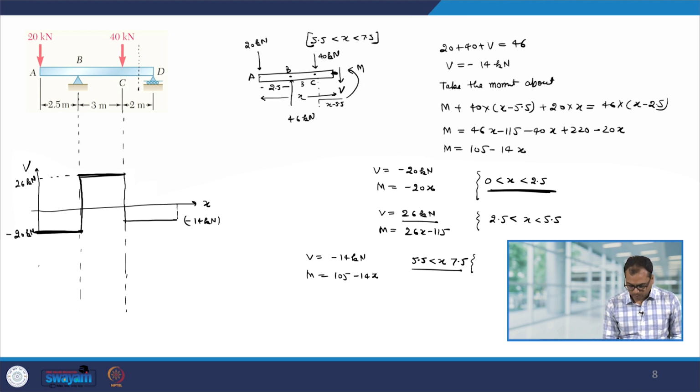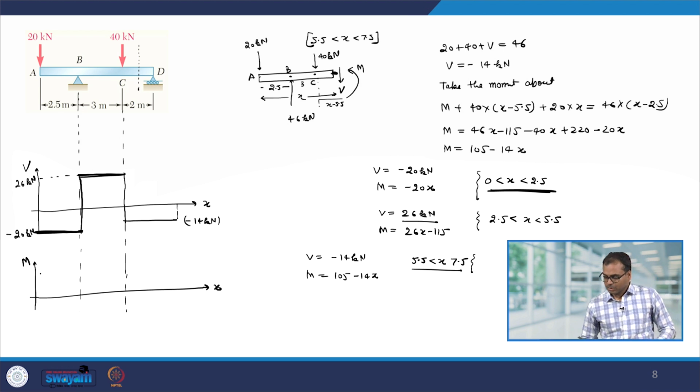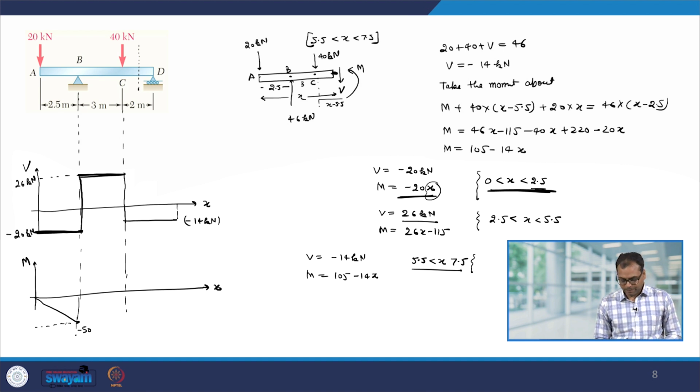Now, let us look at the bending moment. So, this is the plot of the M. So, let us look here between 0 to 2.5, it is minus 20x. So, therefore, it will be like this. And what is the maximum value of this M? Well, its maximum value will be at x equal to 2.5 meter. So, let me put x equal to 2.5. So, if you put that, you get m equal to minus 50. So, therefore, this is minus 50,